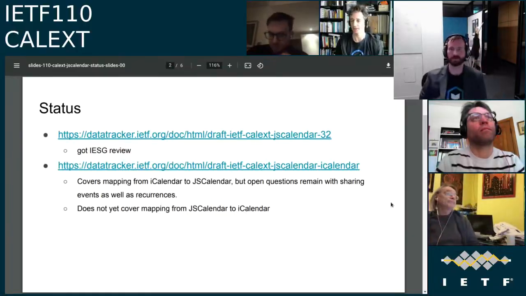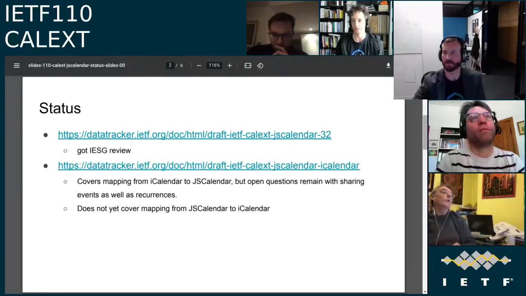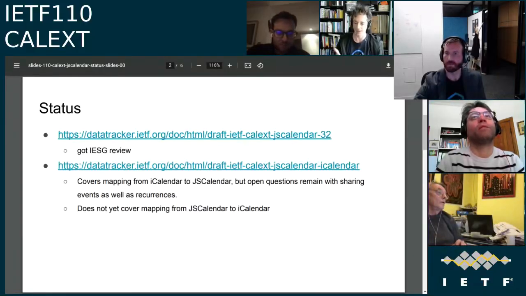For the JS Calendar iCalendar document, we are at a more early stage. We made sure that Ken and I cover the iCalendar to JS Calendar mapping before this session, because we came to the conclusion that having a clean mapping from iCalendar to JS Calendar is important to us for giving JS Calendar the final go.